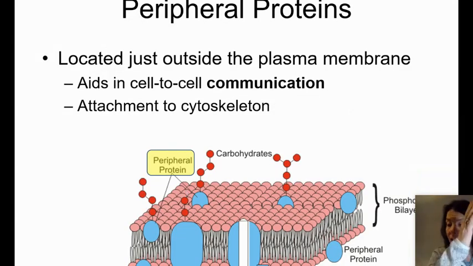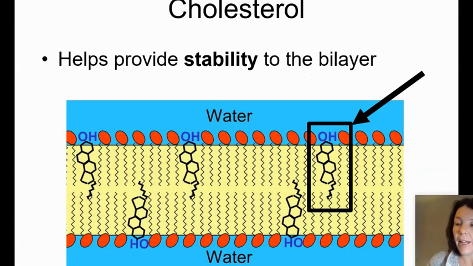Now, not all proteins are going to move all the way through the cell membrane. We also see that there are a few smaller proteins that hang out on the outside edges of the cell membrane. We refer to them as peripheral proteins. They're like golden arches at McDonald's. They're that sign that helps identify the cell membrane uniquely as to what type of cell it is. So they aid in cell communication. And finally, we note that cholesterol makes up the cell membrane as well. Now, cholesterol, you may have heard that before